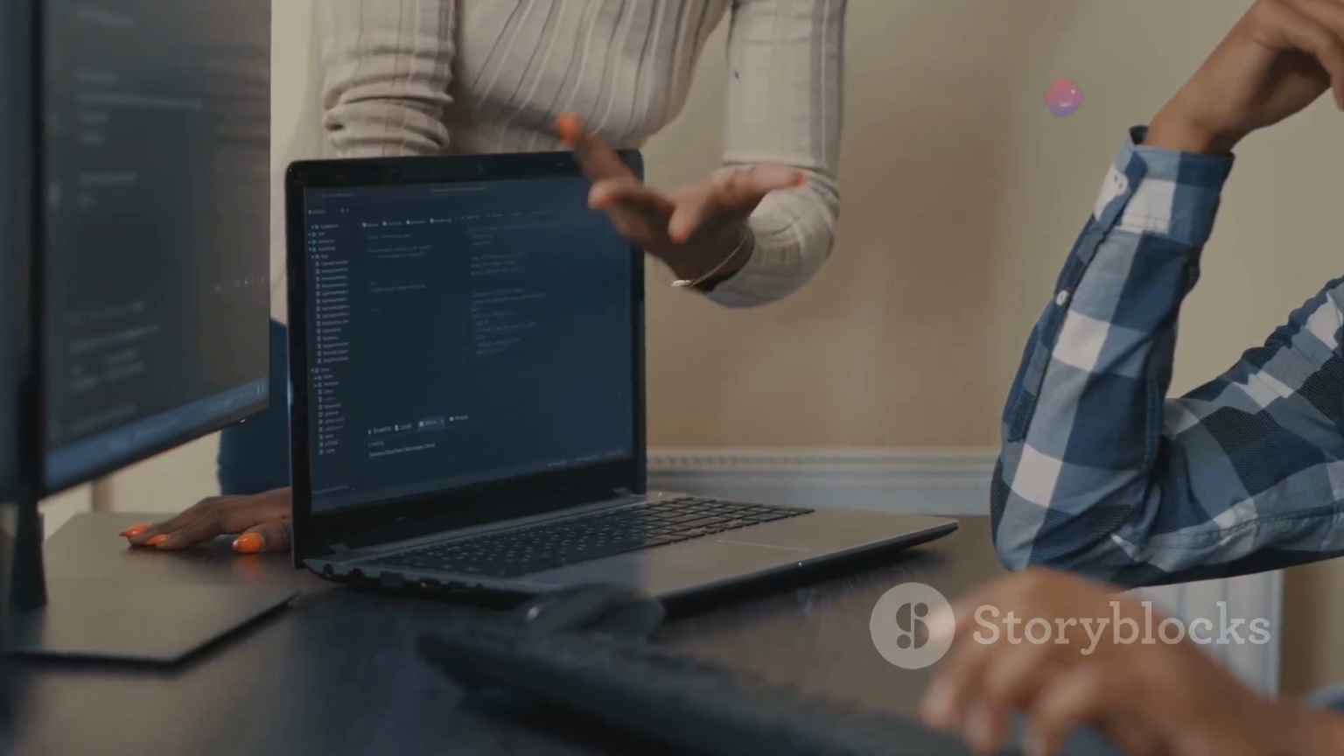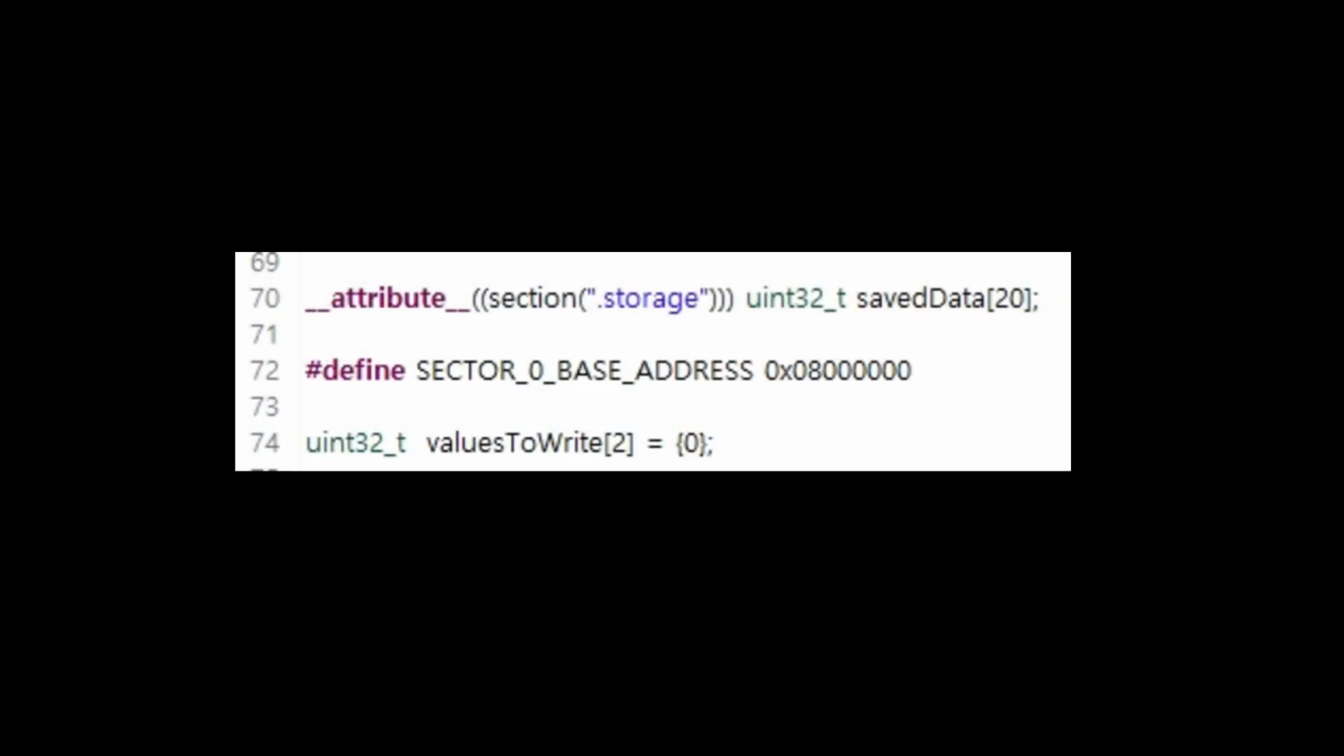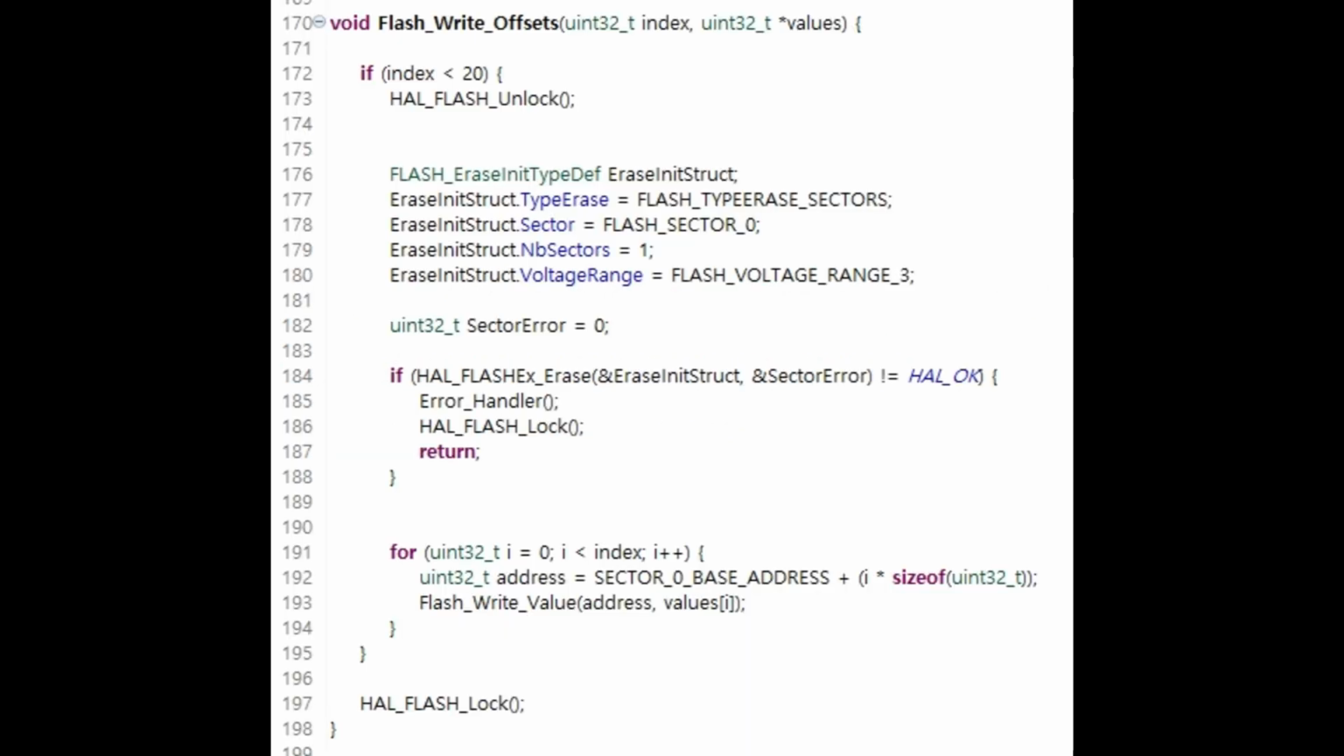The following code group is displayed. // global variable for stored data, section storage, uint32_t saved_data[20]; #define SECTOR_0_BASE_ADDRESS 0x08000000 // start address of flash_storage; uint32_t values_to_write[20] = {0}; void flash_write(uint32_t index, uint32_t *values) { if (index < 20) { HAL_FLASH_Unlock(); FLASH_EraseInitTypeDef erase_init_struct; erase_init_struct.TypeErase = FLASH_TYPEERASE_SECTORS; erase_init_struct.Sector = FLASH_SECTOR_0; erase_init_struct.NbSectors = 1; erase_init_struct.VoltageRange = FLASH_VOLTAGE_RANGE_3; uint32_t sector_error = 0;